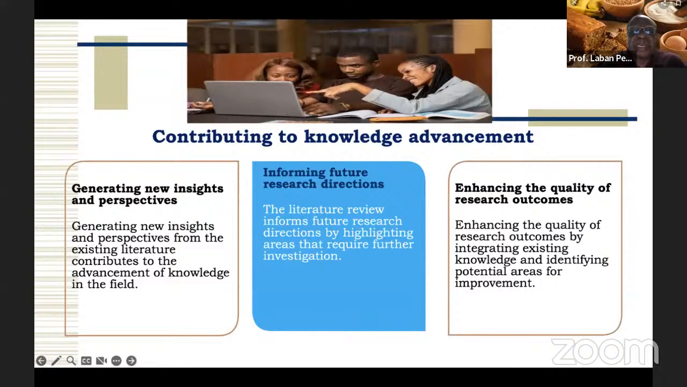Always remember, you're doing a literature review because you're generating insights and perspectives. You want to contribute to the advancement of knowledge. You want to give us areas that will require further investigation that your study did not give. And then you want to enhance the quality of research outcomes and identify areas of possible improvement. If you are looking for this, then you're going to give us a very strong chapter 2,